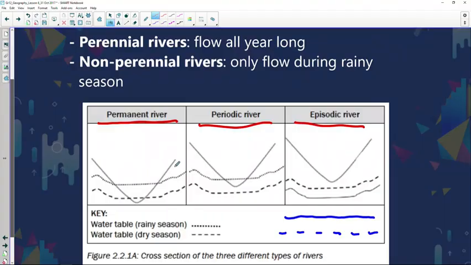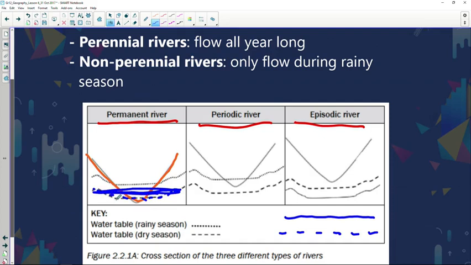Now, this is a transverse profile of a river, from one side of the river to the other, from one bank to the other bank. As you can see, just follow these keys. The water table during rainy season is down there at the bottom. Let's start with dry season. As you can see, that's the bottom of the river over there. There's always water